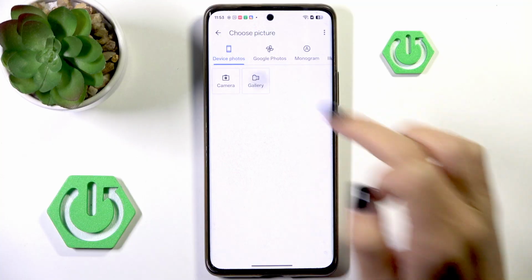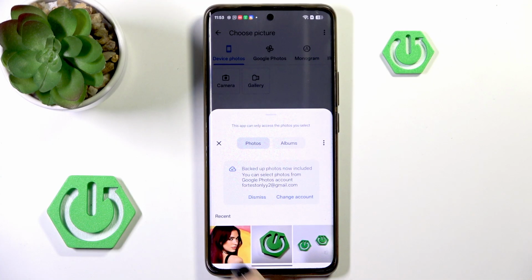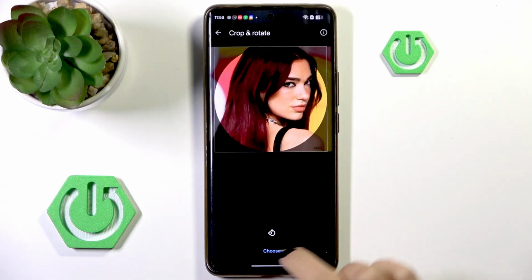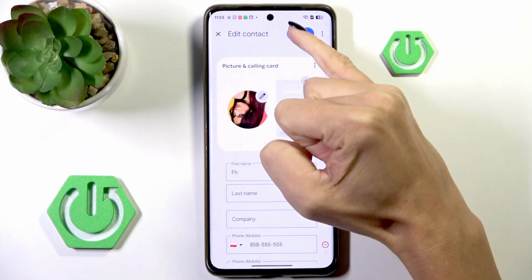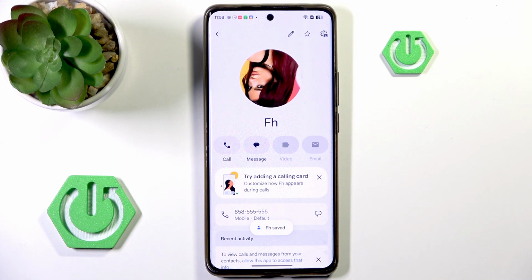Let me choose some photos from my gallery. Here we've got some Dua Lipa photo. Then you can rotate it, tap on choose, and mark save to apply it. And that's it. As you can see from now on, this photo is assigned to